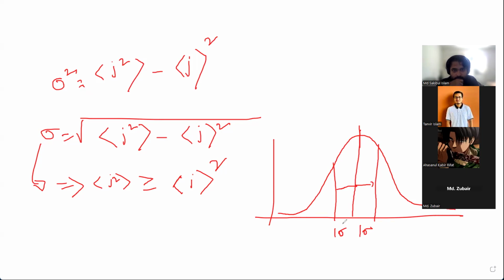And what does it say actually? First of all, we can try to understand these things in two ways. First, the sigma, the standard deviation, should be positive. Because when you are calculating the variance, the sigma square, one of the reasons we do the sigma square